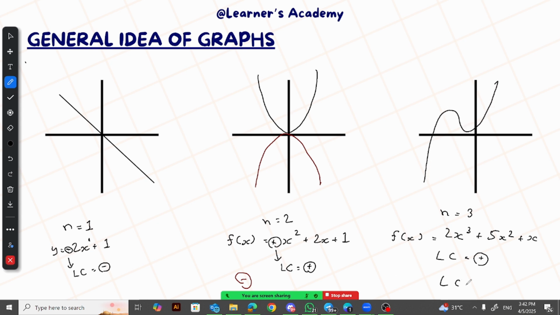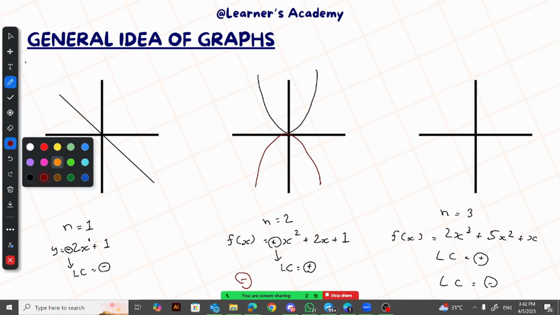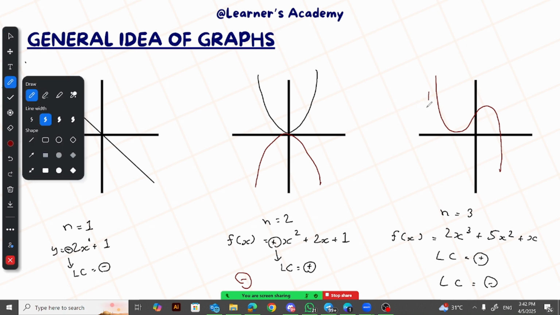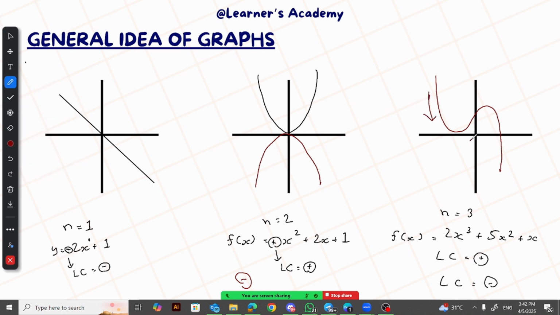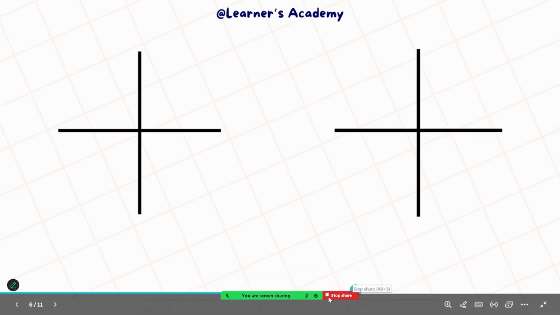And say for example, if the leading coefficient is negative, we get something opposite, which means that we will get something like this. We go down and then up and then down again. So the next slide, we will be talking about